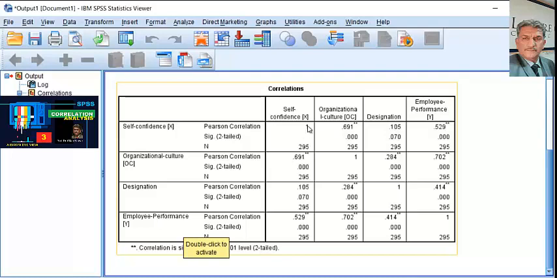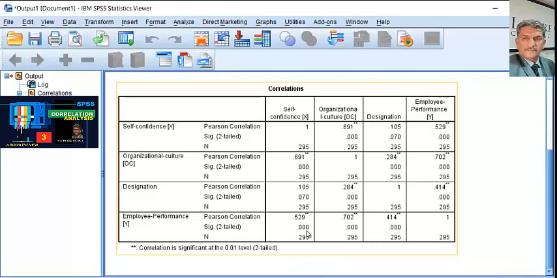So we shall start checking whether self-confidence is associated with employee performance or not. In this coordinate, we can see that the R value of association between self-confidence and employee performance is 0.529, which is a huge R score. And more importantly, it is significant because the p-value is falling at 0.000, which is far less than the required threshold or critical value